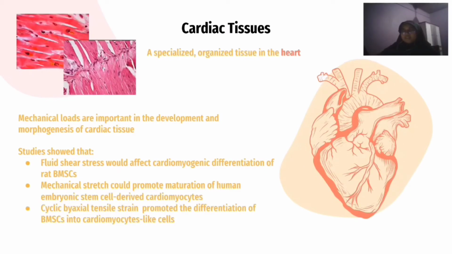As there is evidence that mechanical load could regulate bone marrow mesenchymal cell differentiation into osteoblasts and endothelial cells, a study was conducted by Huang and his team in 2010 to show that fluid shear stress, which is a mechanical load generated by fluid flow, can regulate red bone marrow mesenchymal stem cell differentiation into